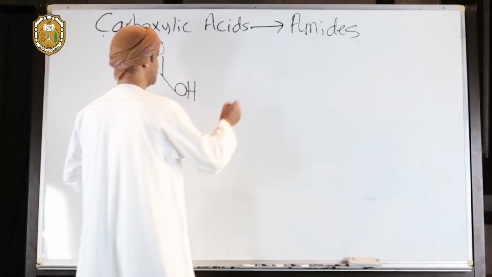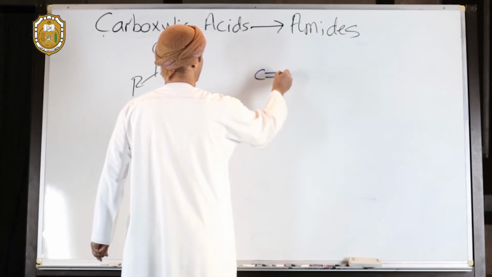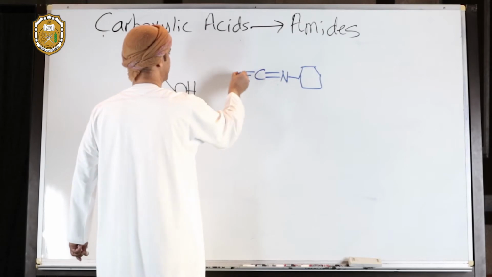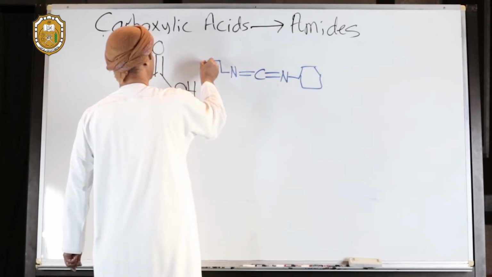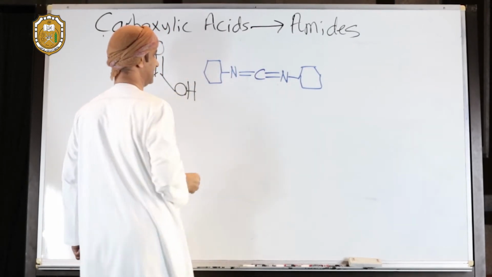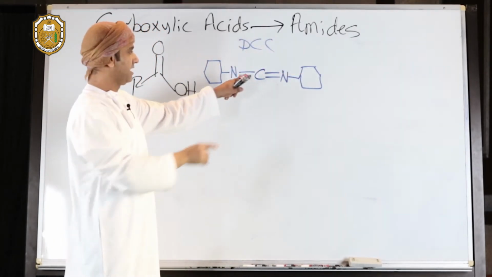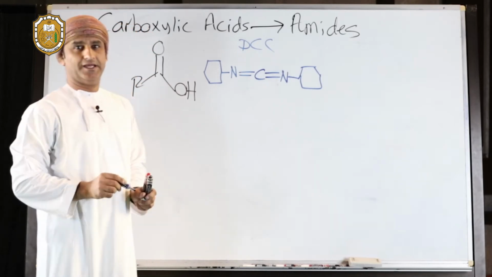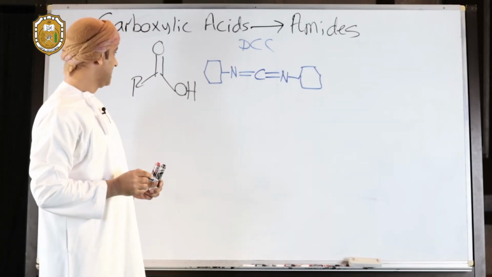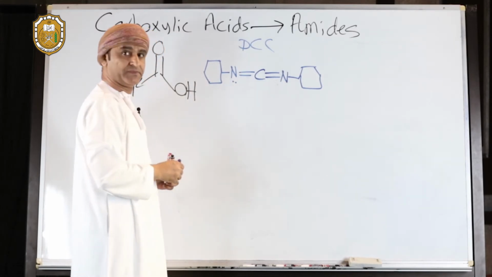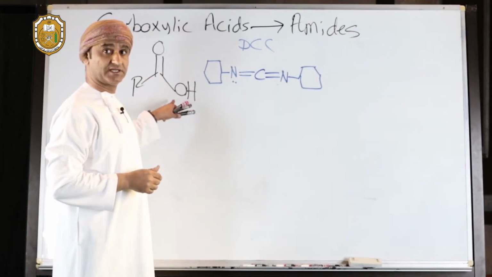So this is the structure of DCC. So that's DCC, dicyclohexyl carbodiimide. So what happens first is actually an acid-base reaction between the basic nitrogen and the acidic proton of the